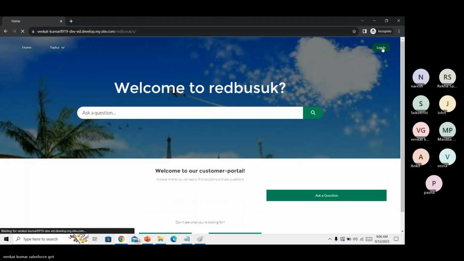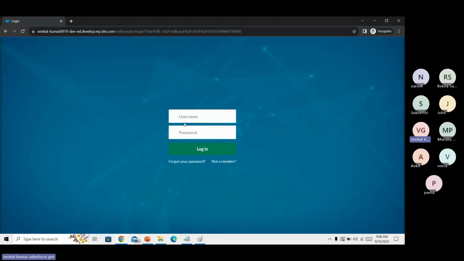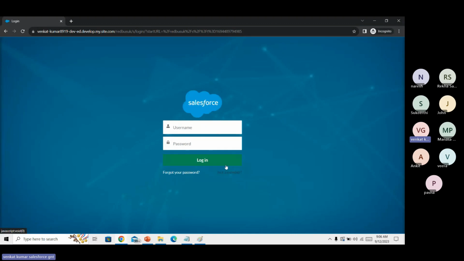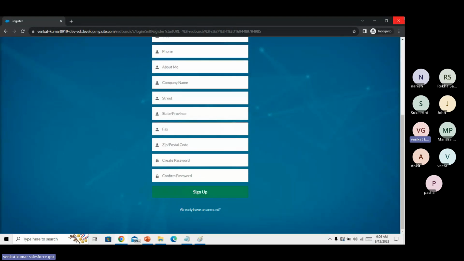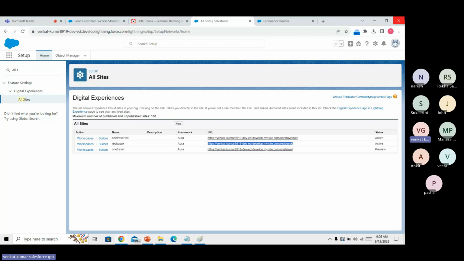Whenever you log in, some login forms will appear. If you are not a member, you can change the logo also, it's your wish. You can enter the client's first name, last name, each and every piece of information, click on sign up, and that website will immediately open. I'm just giving some illustrations.